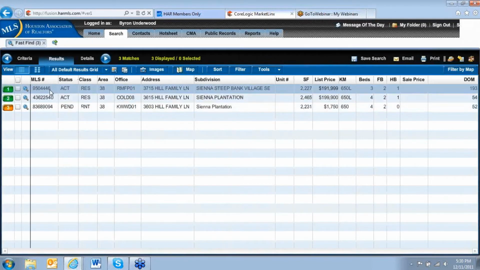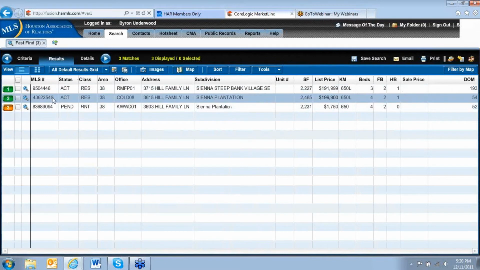You can see there are 3 listings on Hill Family, 2 actives and a pending. The active is one of ours. See that? Cold 08. So it's a Sugarland listing at 3615 Hill Family. And I can access that information very quickly. I'm going to go back to my fast find